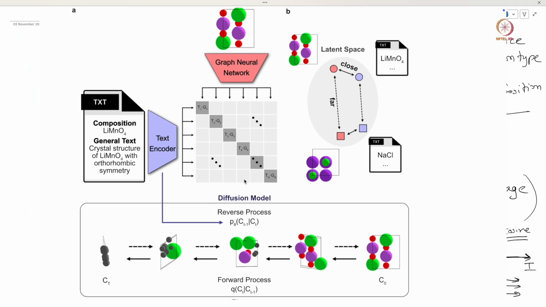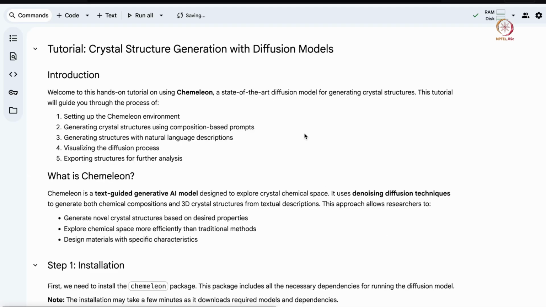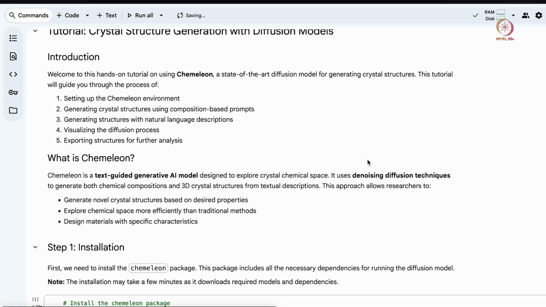Okay, so we will go to our notebook demonstration. This notebook I'm running on Google Colab. You can run notebooks locally. This model is a heavy model and requires some GPU to run. So it's recommended that you run it in Colab, or if you have a good GPU configuration in your machine, you can run it locally also.